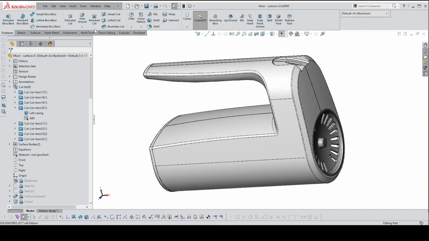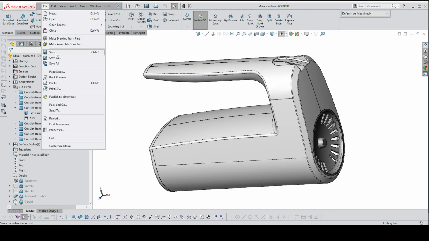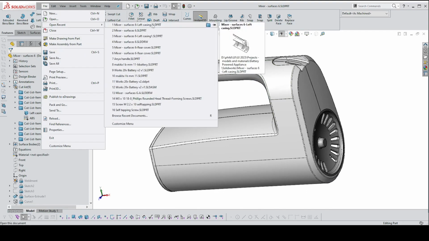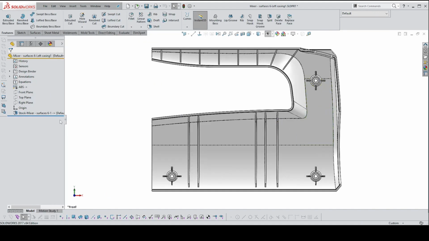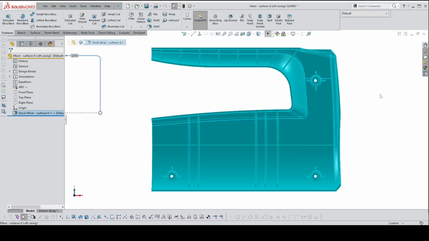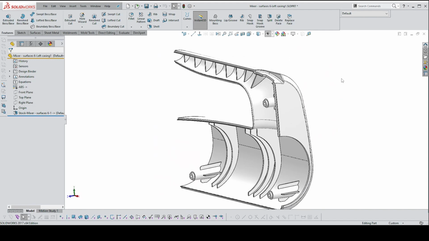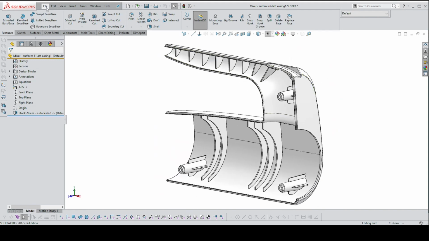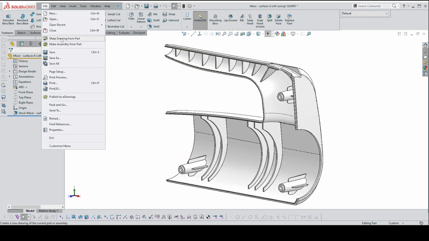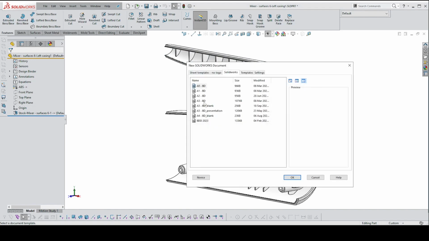Actually, we do need that open. What am I saying? Let's open it again, because what is going to be instructive is just to see that there is that single part. Now, from here, I'm going to make a drawing from the part. So go to File, Drawing from Part, and I'm going to deliberately place it into a drawing,